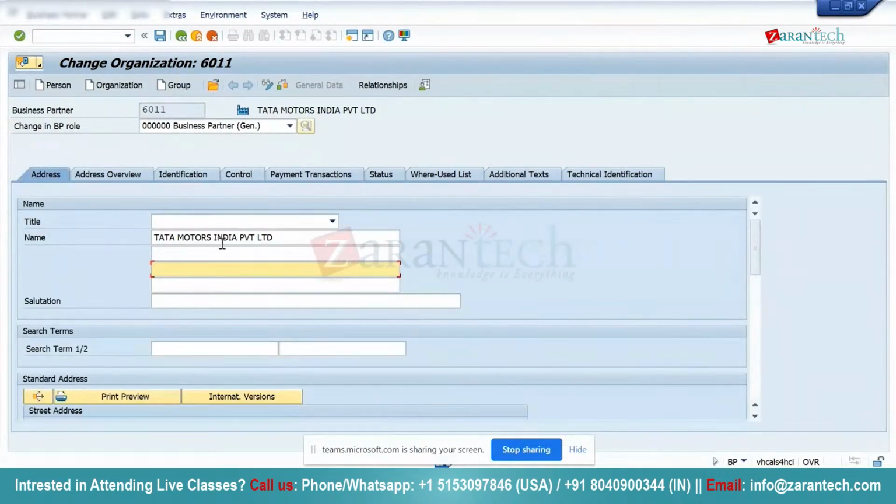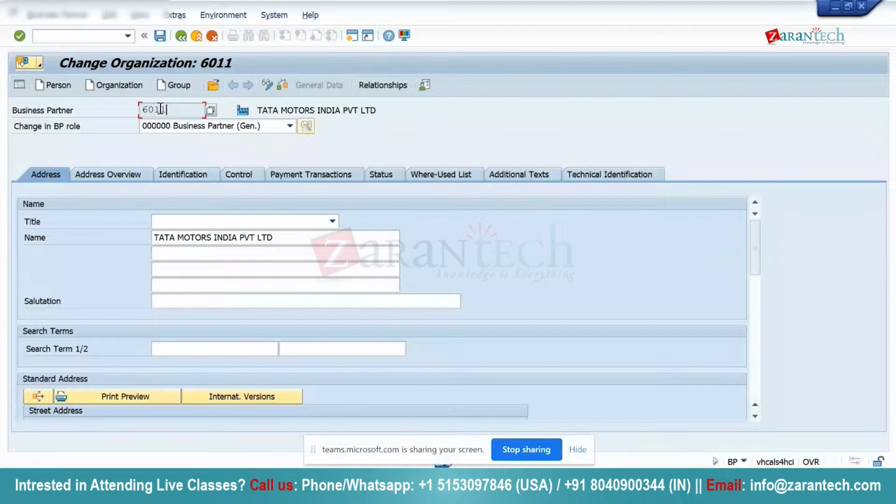Now comes the question: this business partner with role 000000 is the business partner role he is in. If this guy is a vendor, two things you need here. Do you need the company code data of the vendor, or the purchase org data of the vendor? What do you need? It depends upon the process, right? If we are only purchasing, we want the purchasing level data, then we'll extend the purchasing data for